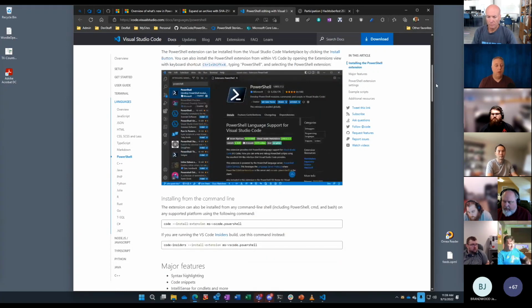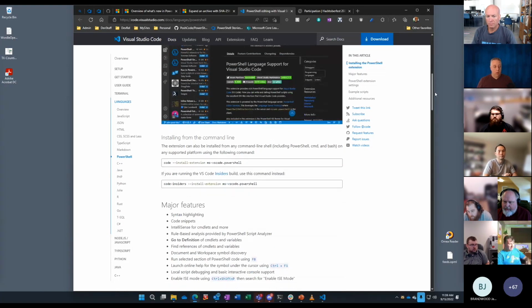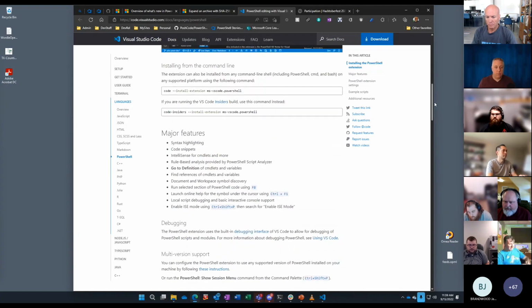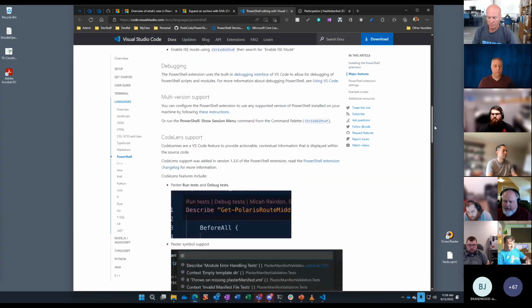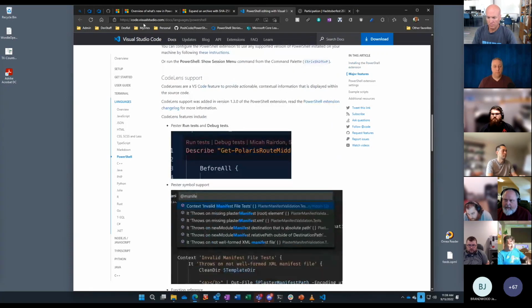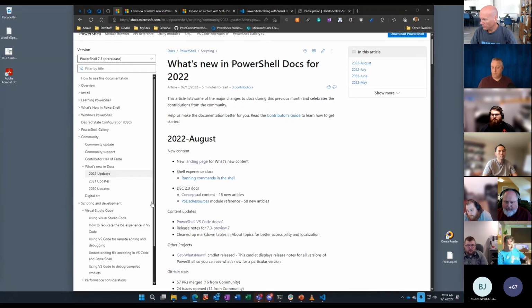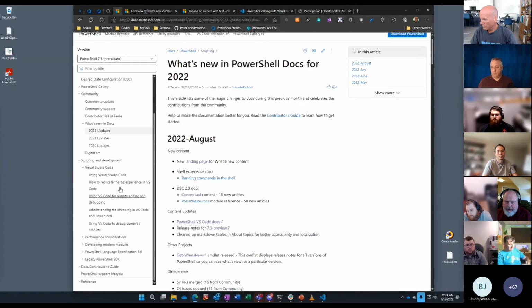This covers just the basic features of the extension itself, not so much how to use it. And if you're looking for more of the how to use it, it's here under scripting and development, and we have several articles here for Visual Studio Code. More to come as things progress.